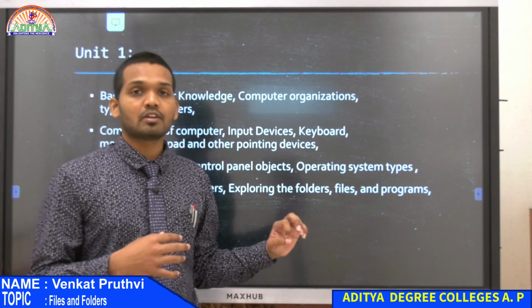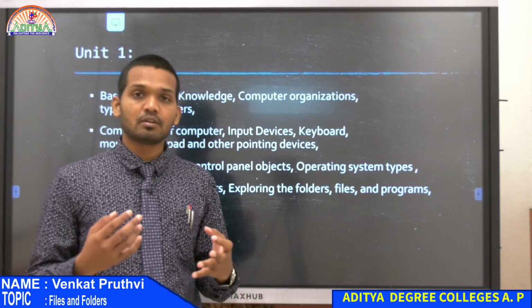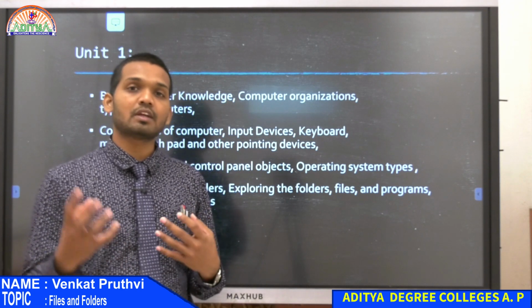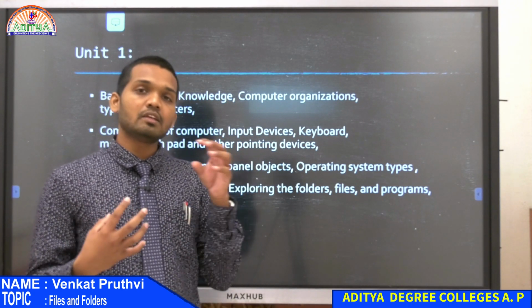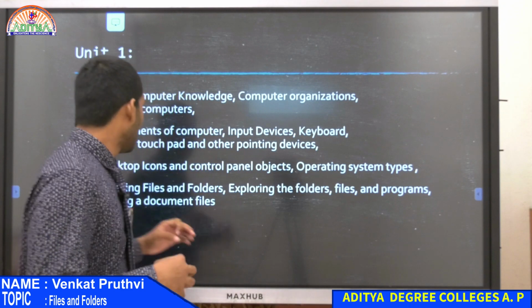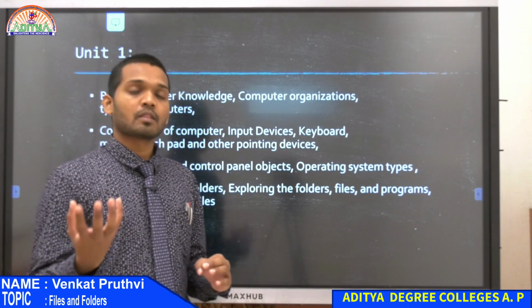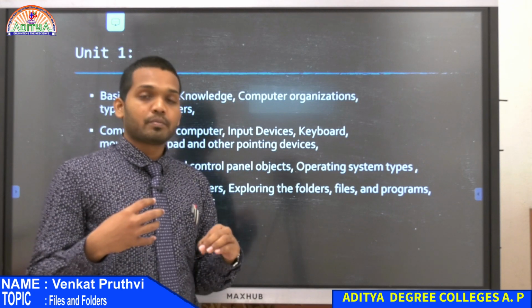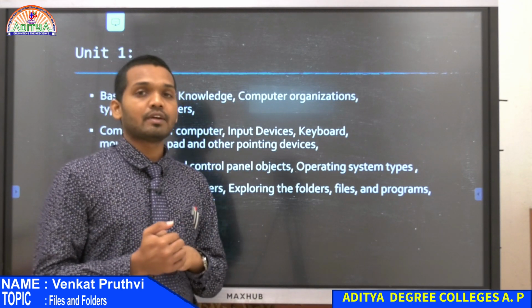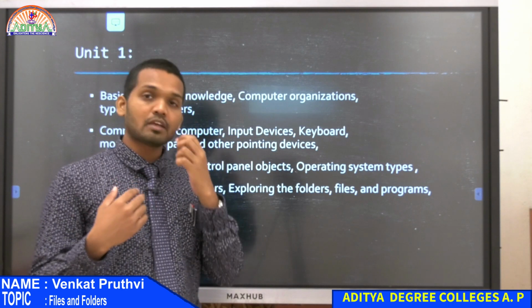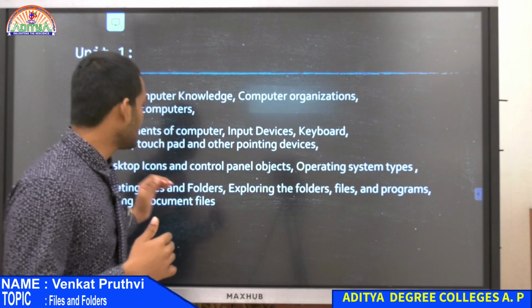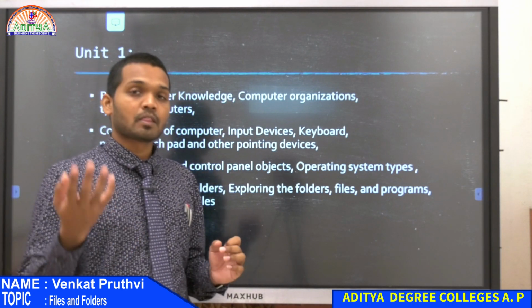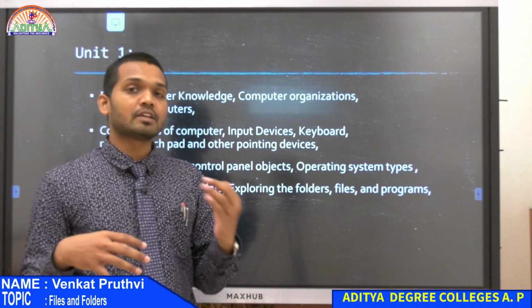Suppose yesterday we were talking about Windows files, browser files, PPT files, different kinds of applications, and each application has its own file. The programs related to these files help us understand what data is written in that file.